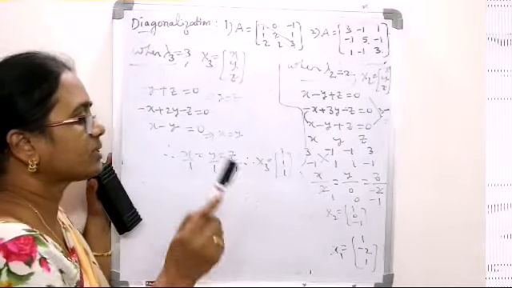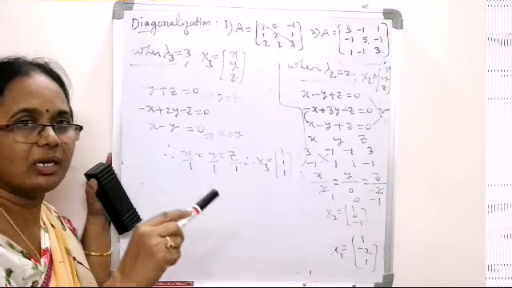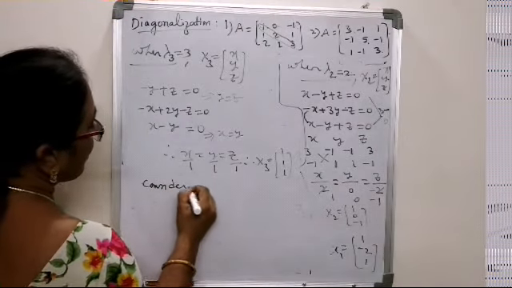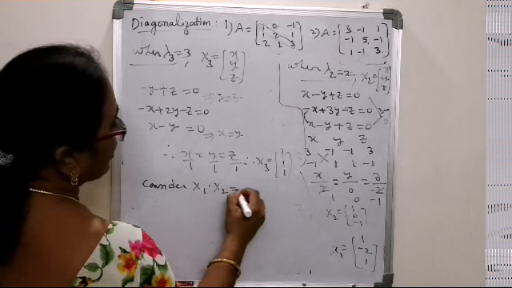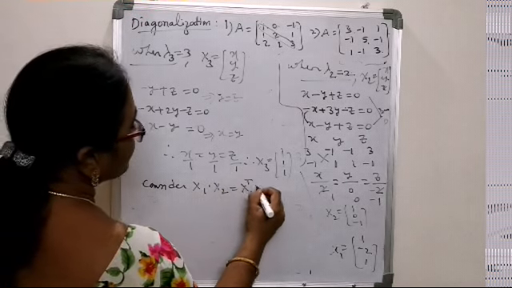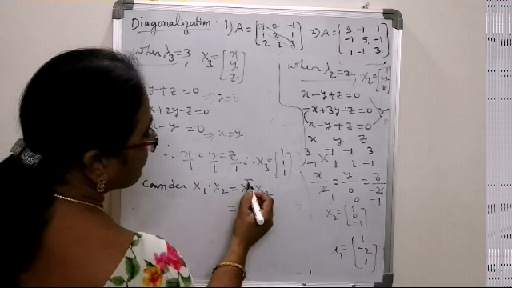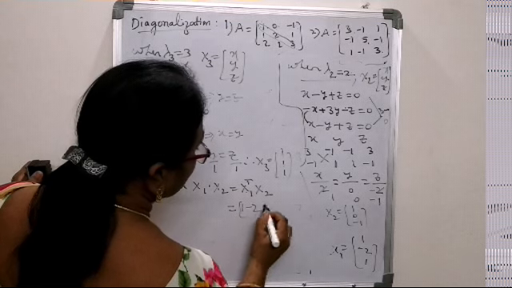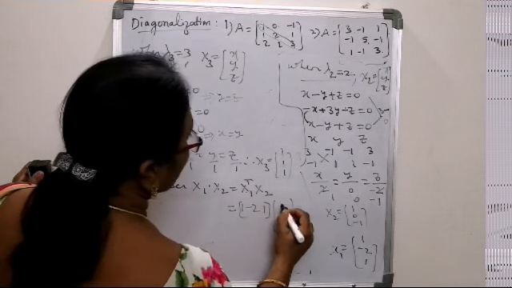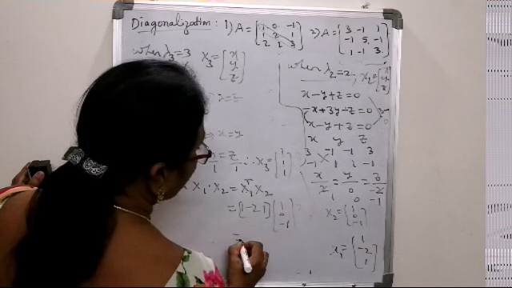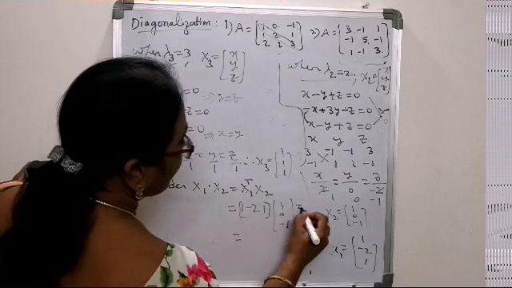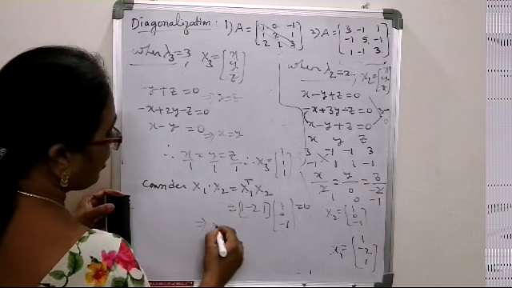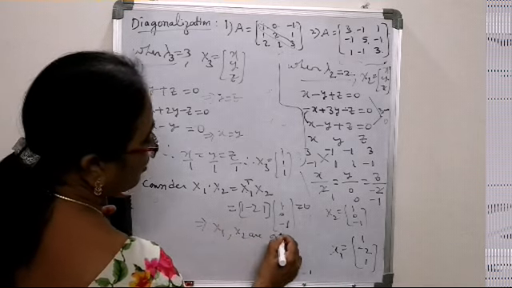orthogonal. Means we consider any pair and we see whether the inner product is equal to 0. Suppose we consider x1 dot x2. The inner product is x1 transpose into x2. Multiplying x1 transpose with x2, x1 transpose is (1, -2, 1), the row matrix, and x2 is the column (1, 0, -1). When we find the product, we have 1, 0, -1 giving 0. It implies that x1 dot x2 equals 0, or x1, x2 are orthogonal.